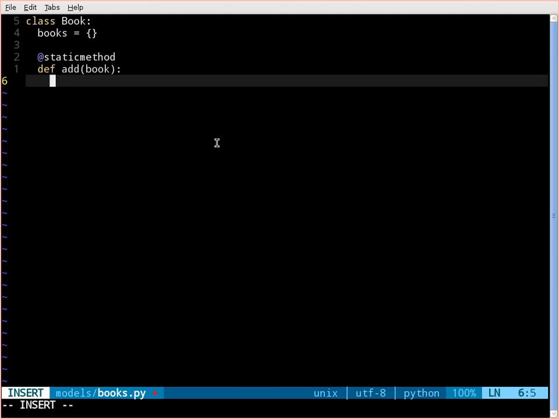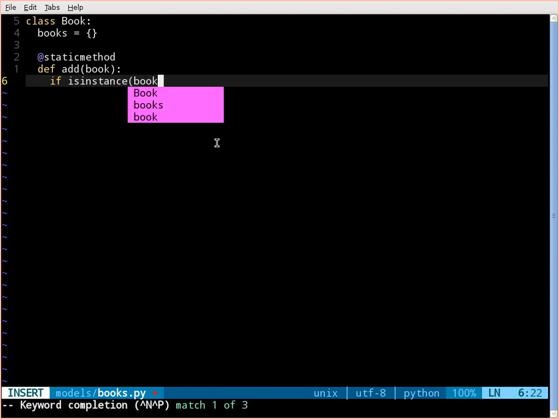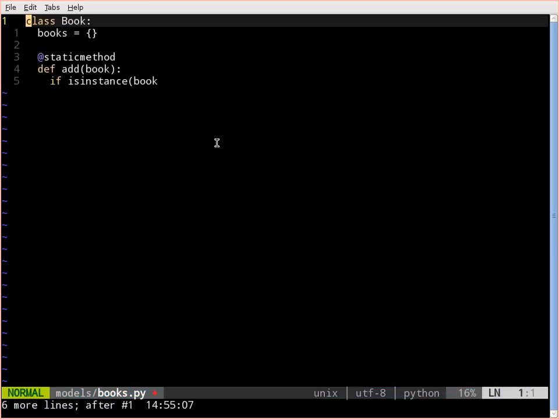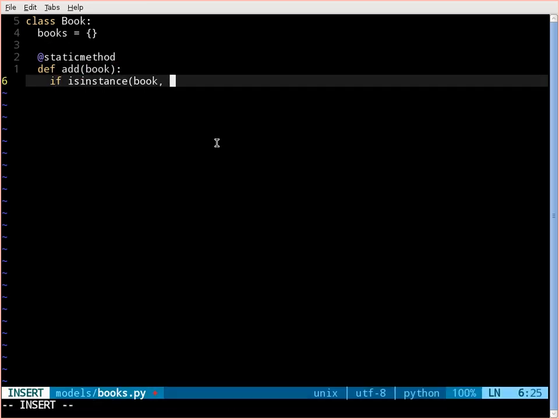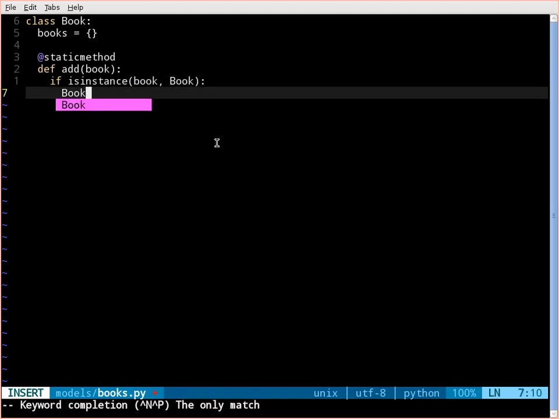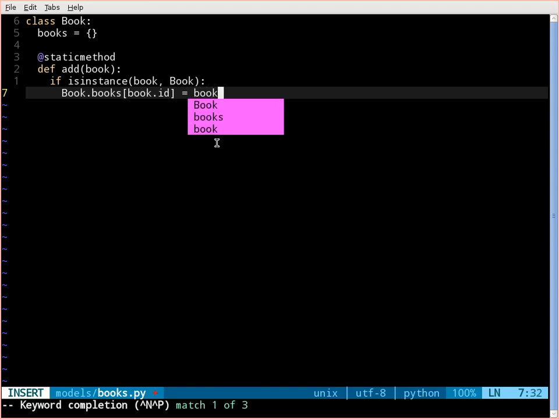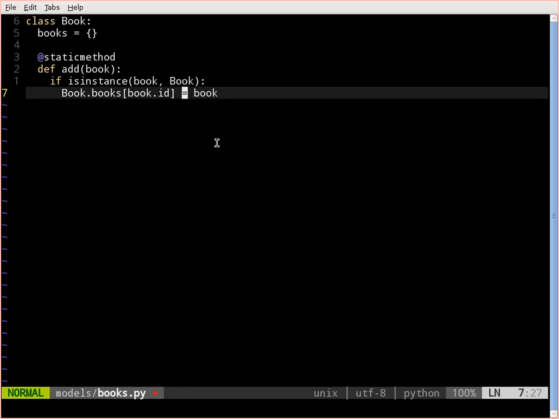So first off, we want to make sure whatever is provided over there is an actual instance of this class. So I'm just going to say isinstance. That's a built-in function. So if book, which is the parameter that's provided to this function, happens to be an instance of Book, which is the class that I'm writing right now, then I want to go into books, index by book.id and set that as equal to whatever object was passed in. So what's happening here is that what's given to me is a book that contains several fields in it,